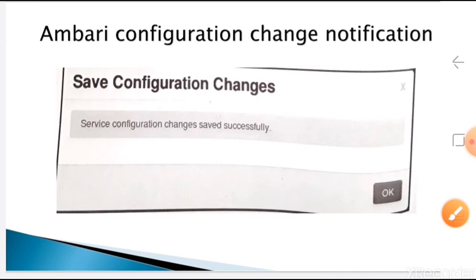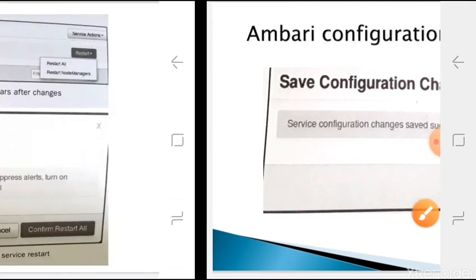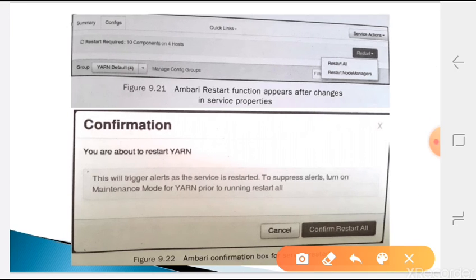Whenever you modify the configuration file, it will give a message of successful execution, or successfully changing the configuration file. Then it will ask us to restart that particular service once again, because the services connected to the different nodes can be referring to the old configuration.